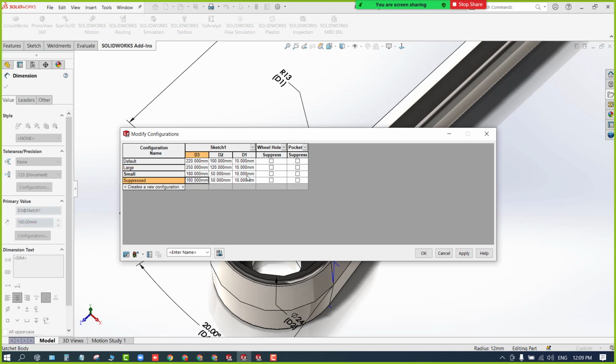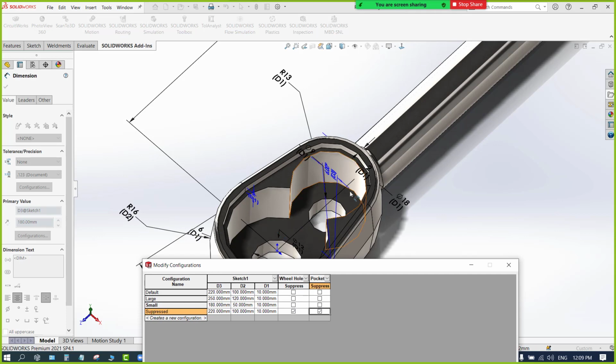And here I'll make everything as default. It should be 220 as default. It should be 100. And here I don't want this pocket. In the sense this one, this cutout I don't want, that is suppressed here.